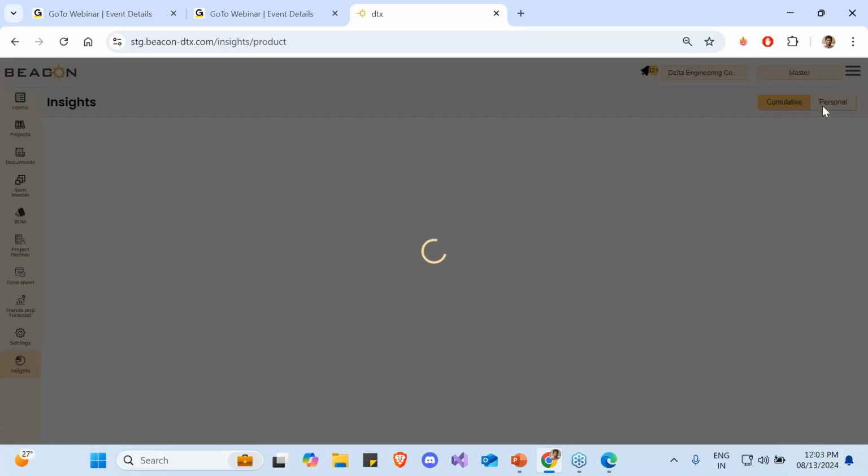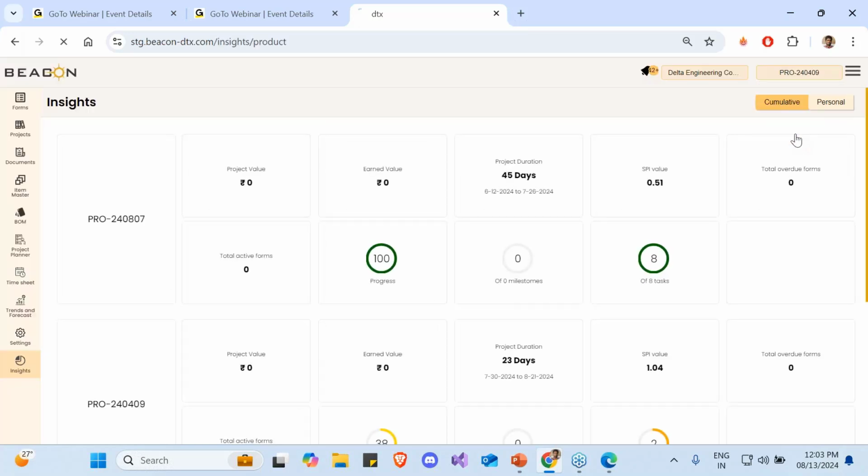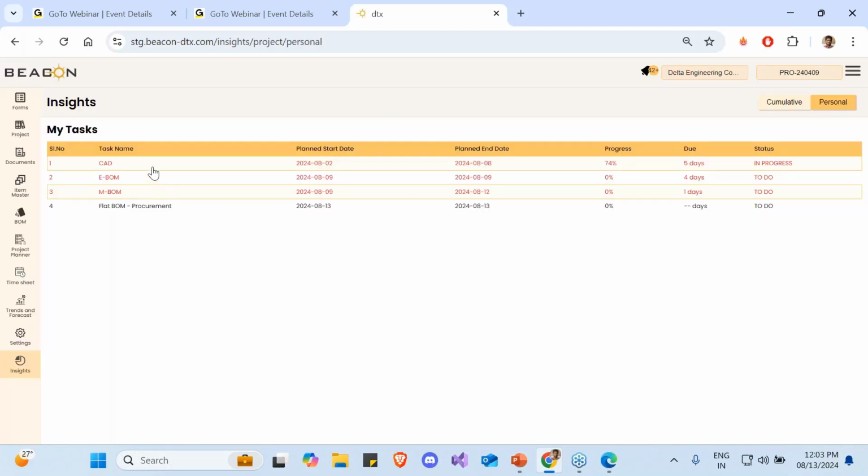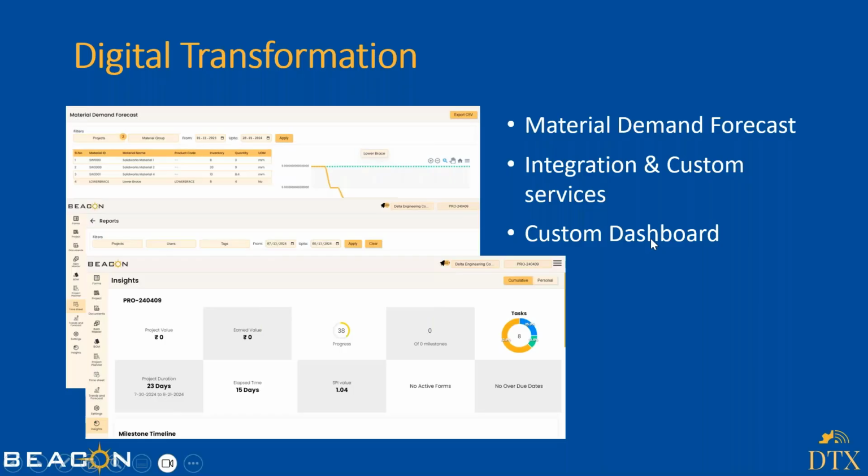If we go to insight and change the project, go to person now. You can see all the various tasks that are out there, and the ones you see in red basically mean that they are overdue. Okay, because they're still in to do and in progress. I haven't completed those tasks, so they are being marked as overdue activity for me. So I can see this. Even if the forms are shared, I can see the forms here which have been assigned to me to work on. So all this data is available in this section, and that helps in collaboration across the team and also the vendors and suppliers.